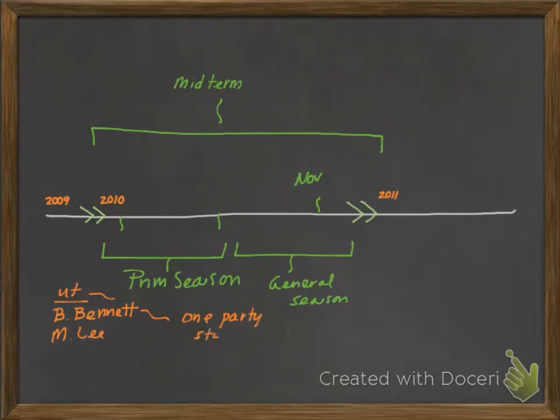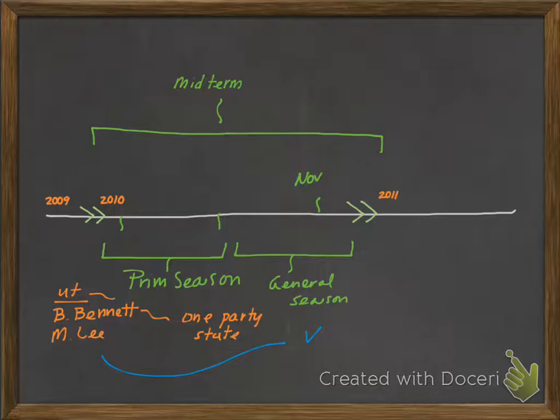That means that one party pretty much dominates politics, and of course that's the Republican Party. So once Mike Lee wins in the primary election, then he's pretty much a shoo-in in the general season. And I can't even tell you off the top of my head who his Democratic opponent was in the general election. So again, you see the same kind of things with primaries and the parties selecting their candidates and so forth.